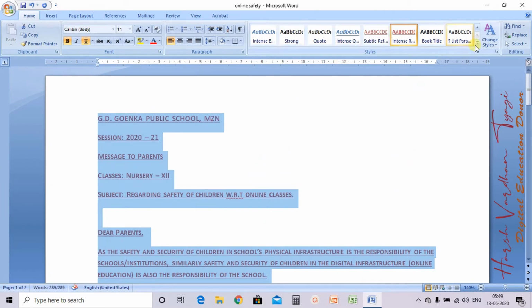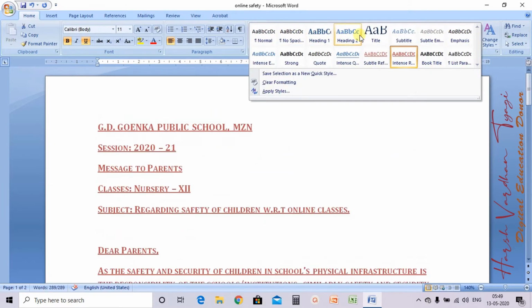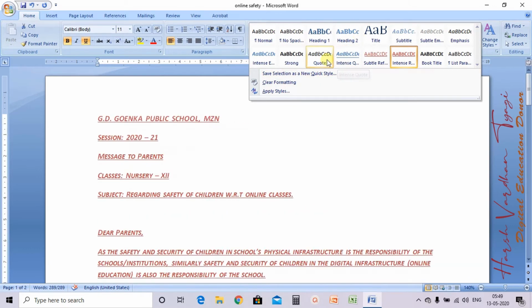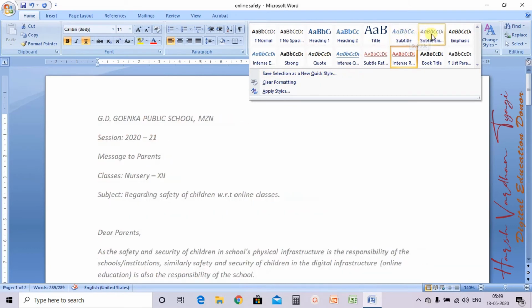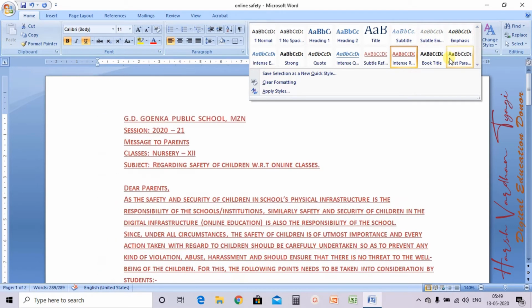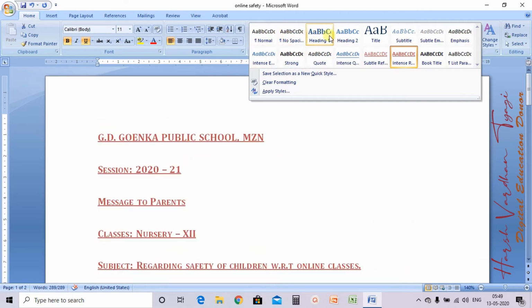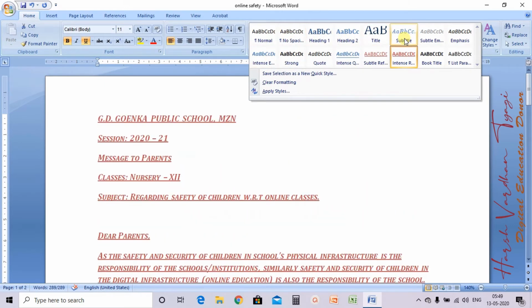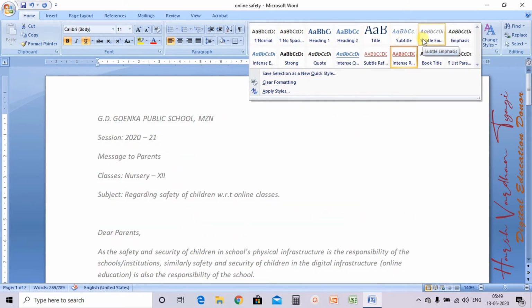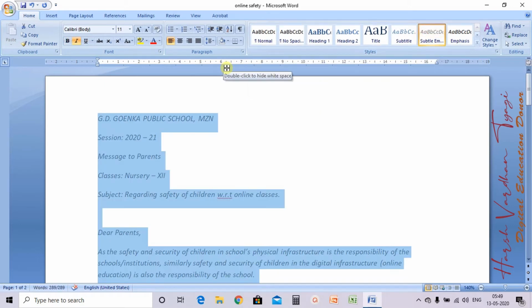Okay, now how to do formatting of these styles? Suppose I am selecting, let me select a good one. I think this is okay. Now how to do the formatting of a particular selected style?